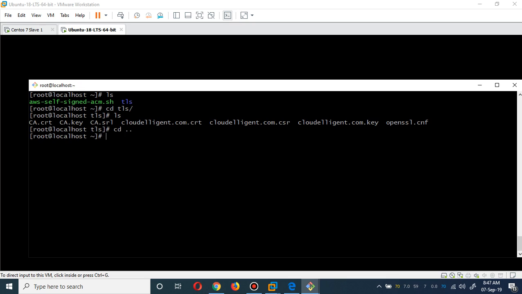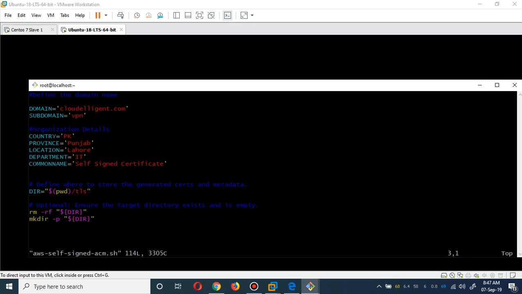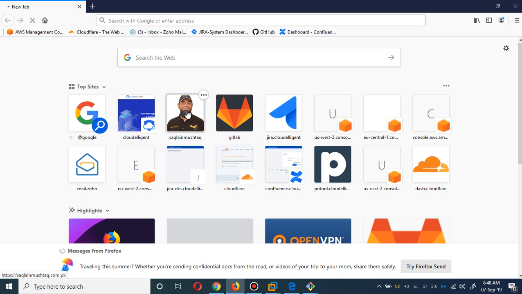Let me go back and show you one more thing. If I remove this TLS, I wanna create it again. Let me remove this directory. Okay, if I edit the script, let's say I wanna create a cert for my domain saklanmushtaq.com. Let me open that as well. This is my domain saklanmushtaq.com,